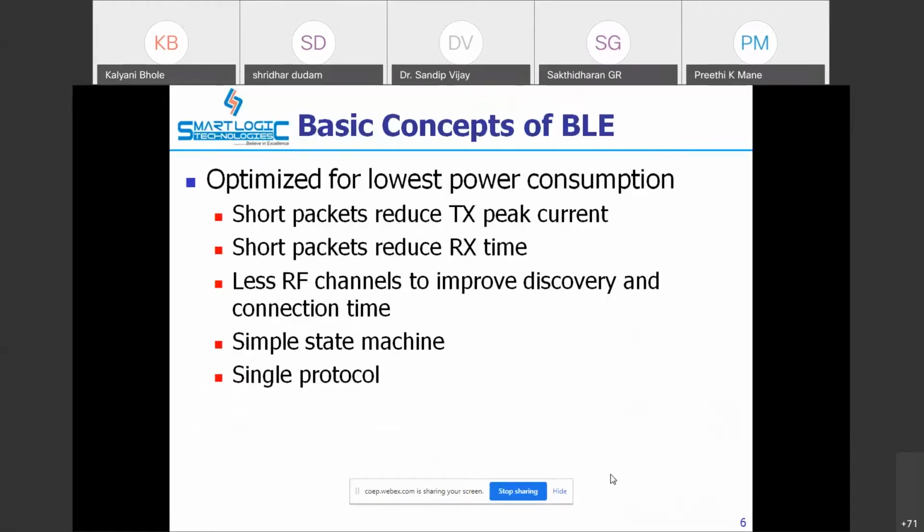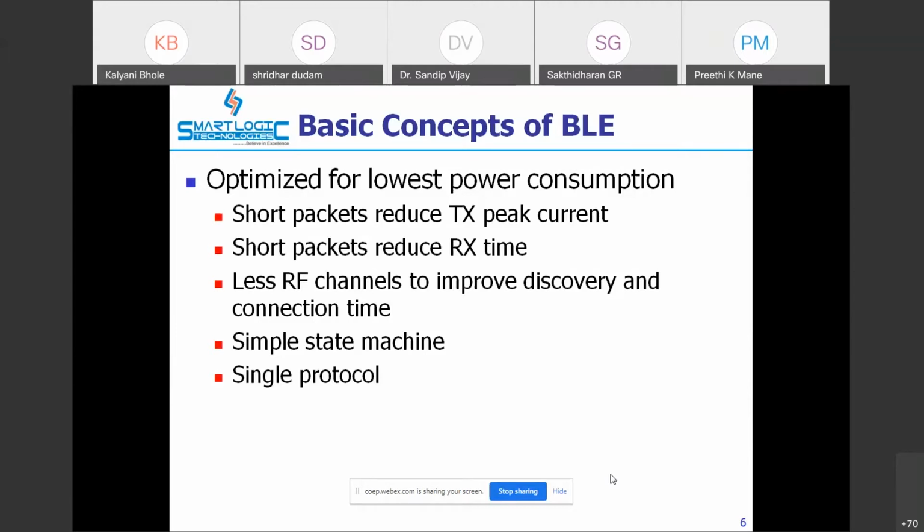So this is one important thing, that whatever the data frame is, it comes in a short packet. Okay, which reduces the transmission peak current, and also whenever you want to receive, the receiver is there. It is in small chunks that are transmitted or received.